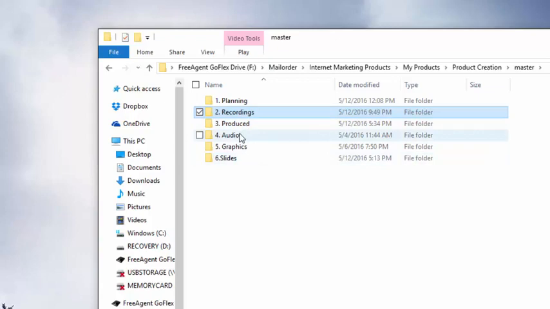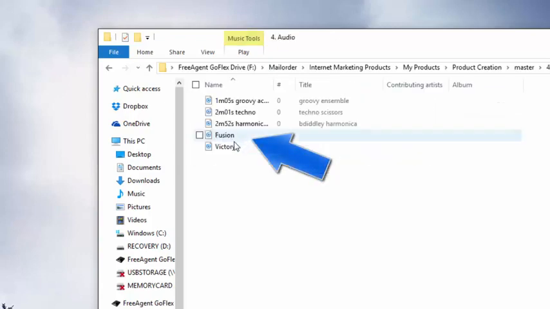All right, now the fourth folder you'll see is the audio. Anytime I have any sort of jingles, clips, if I've got any clips of anybody talking or interviews or whatever, they will always be in the